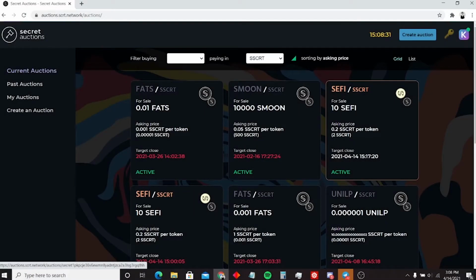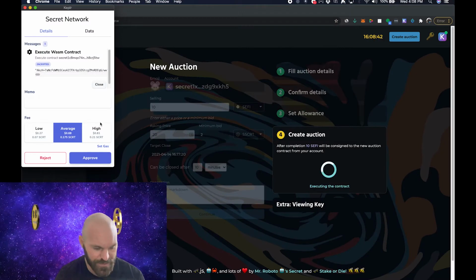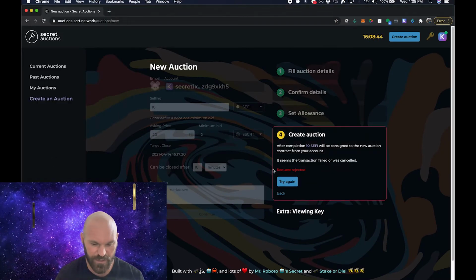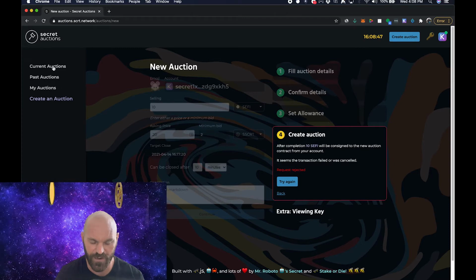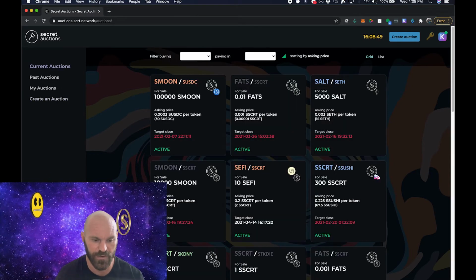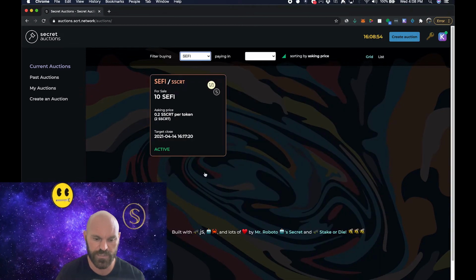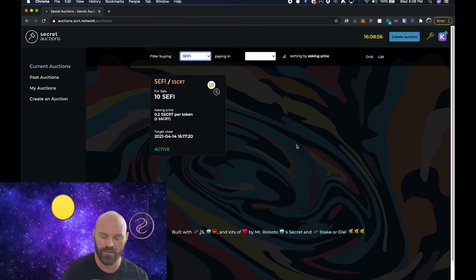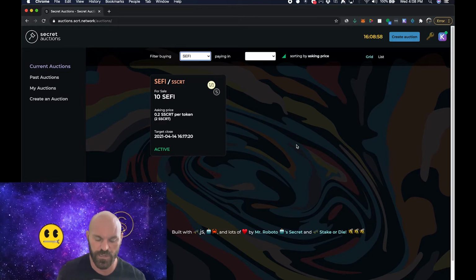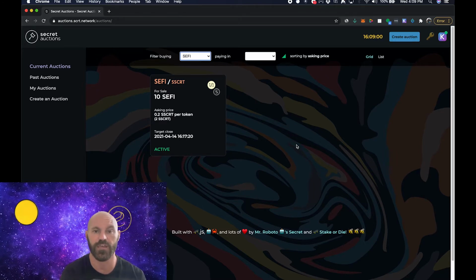Yep, and I can actually see it on my end right now because I'm looking at the list of current auctions, and there is now an active live auction that will be closing in about 15 minutes, and that was your auction. So awesome. I'm going to cancel out of this because that auction is actually live. If I go to current auctions here and filter by CFI, you can see that auction I created, and we're going to go over to Carter's screen now,